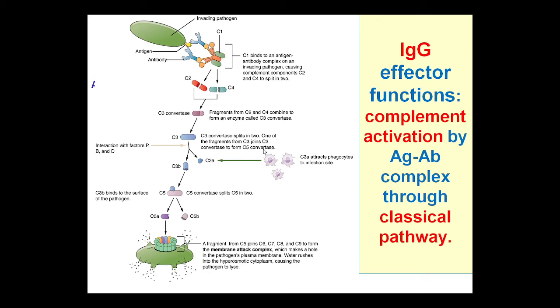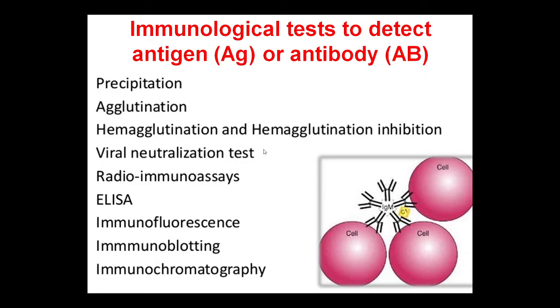The complement system may be activated by the classical pathway only by two immunoglobulins, immunoglobulin M and immunoglobulin G. Others can activate the complement system by the alternative pathway, but not by the classical. The classical is the most powerful. Immunoglobulins of the G subtype and M subtype that you see here